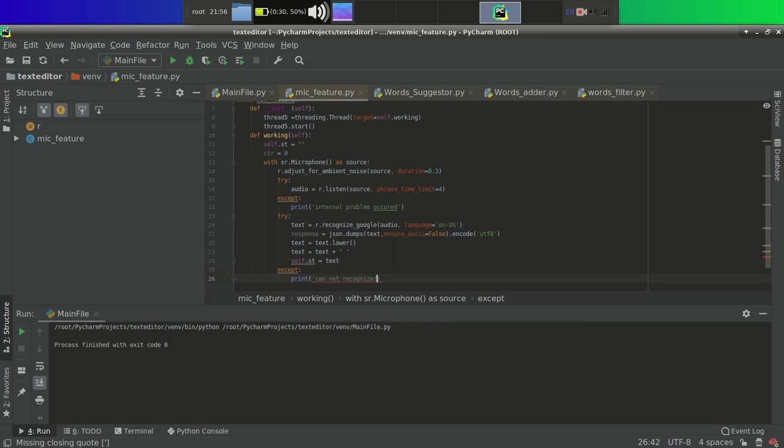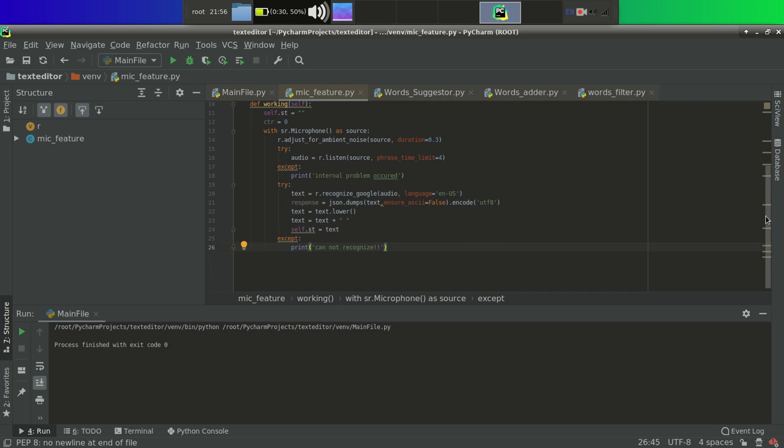This is the message which will be printed to the console screen or terminal window if any error occurs over here. So we have used the except block.